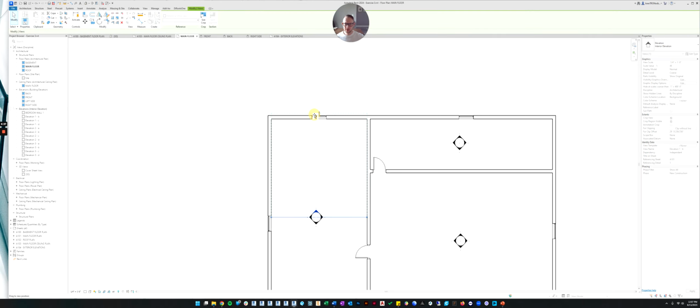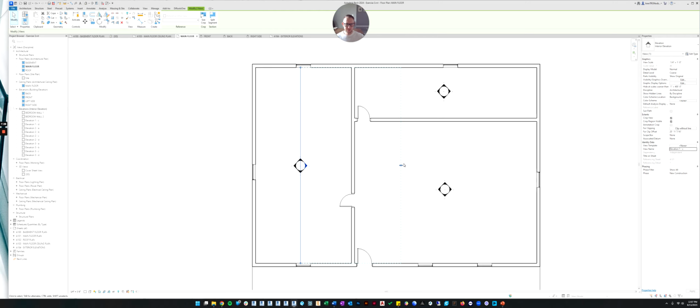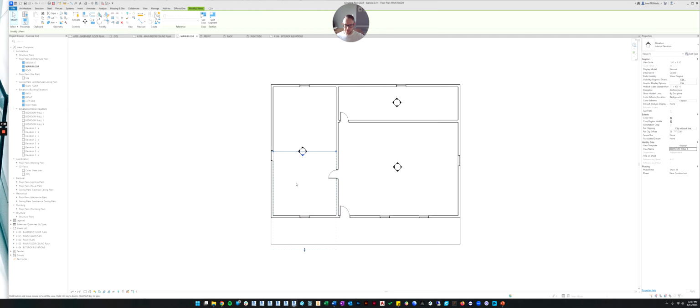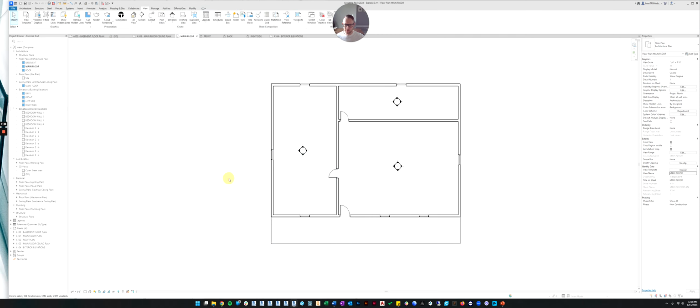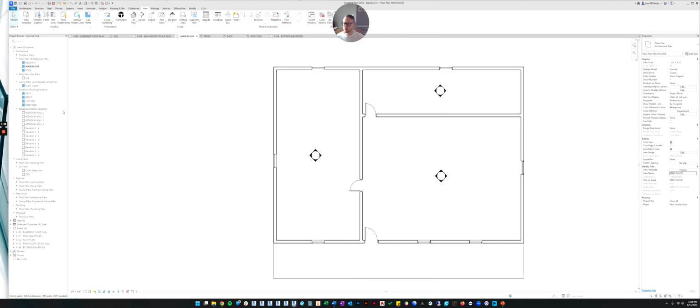We're going to look at this one, verify that it goes wall to wall, and then let's name it bedroom wall 2. And we're just going to go in a clockwise fashion. Bedroom wall 3 and bedroom wall 4. And again, verifying that the crop region is good. Okay, so now we've made those 4 views and we've named them.